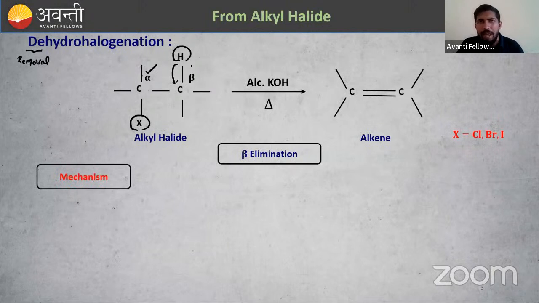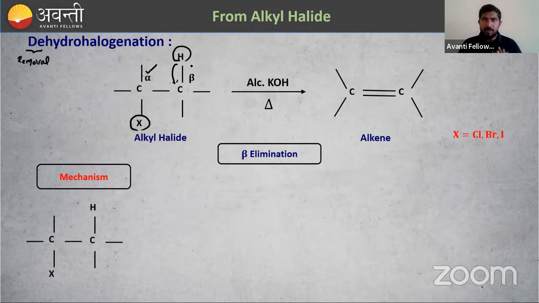So mechanism. Mechanism is what are the steps involved in this reaction? The reactant is not directly getting converted into product. In between, there are so many things happening. So we have to study about that. Then it will be easy for you to answer the questions. So mechanism. First, we have to take alkyl halide, right? Then we have to take the reagent. So KOH is present. I can write it as K plus and OH minus.